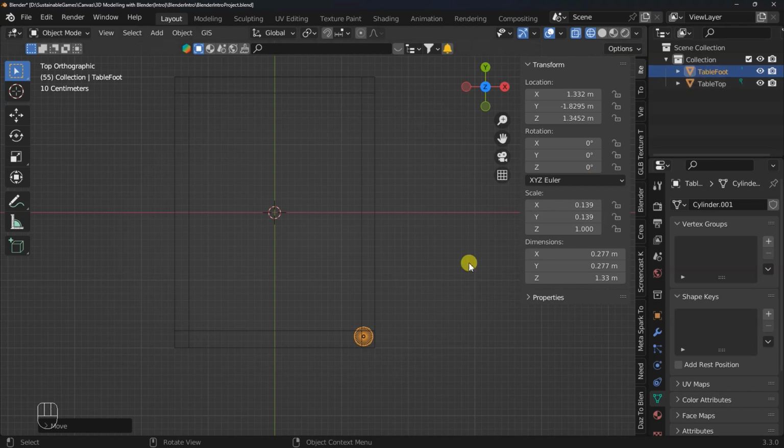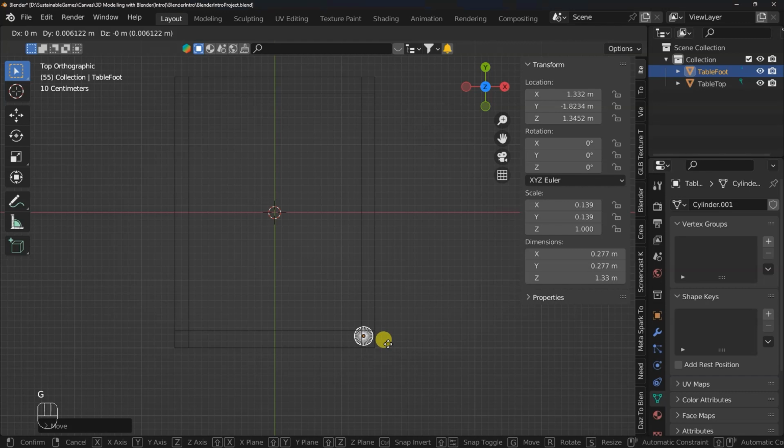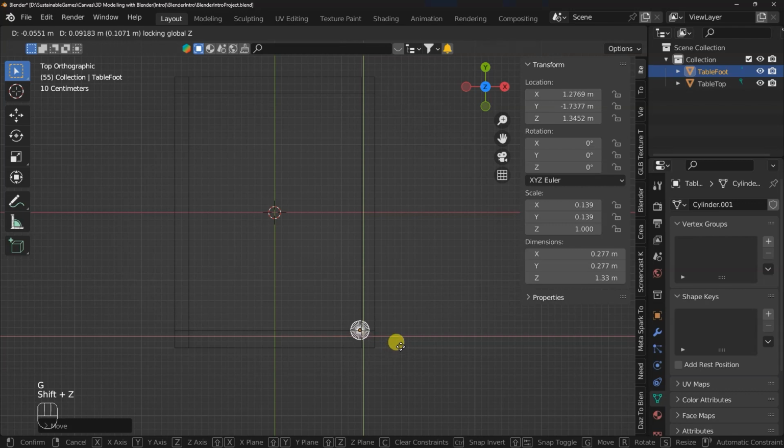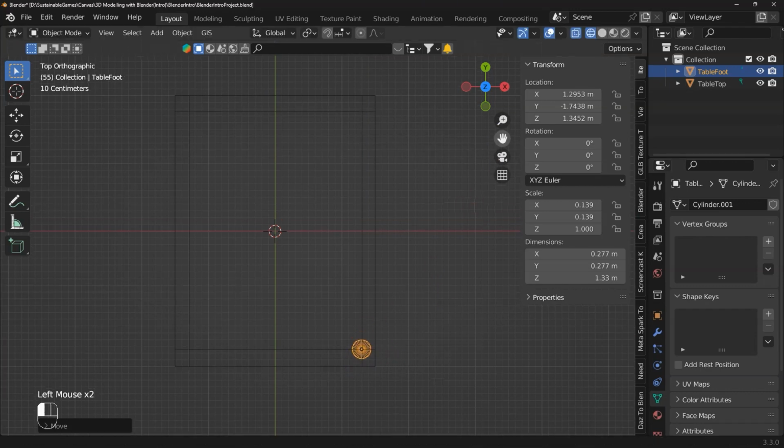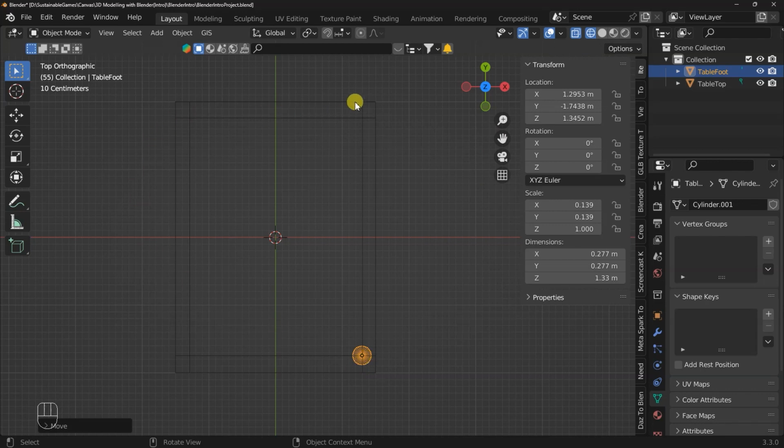Now I can see the table foot directly under this tabletop, and I can reposition it by clicking on G. Remember, we can constrain it to the Y and X axis by clicking Shift Z, and I can now reposition it. Let me do that again. G, Shift Z. Good. So I want to just place it at this center here. It doesn't have to be exact, but you can have this as your guideline for where to place your table